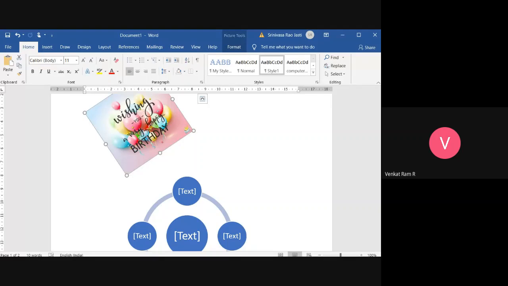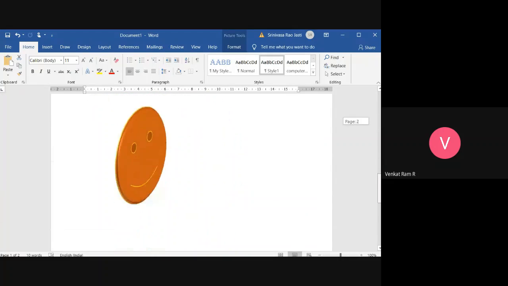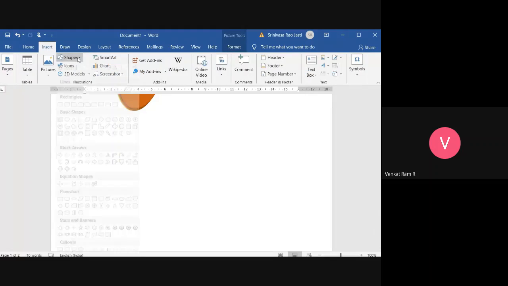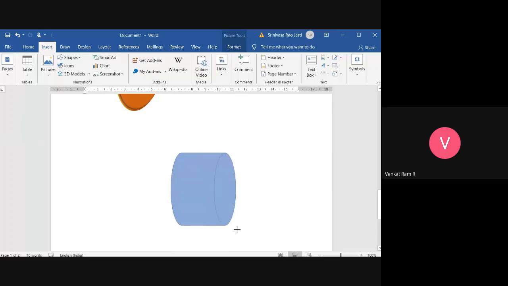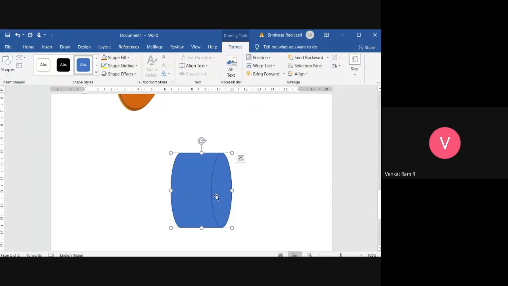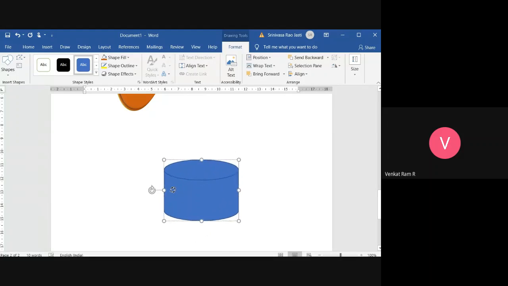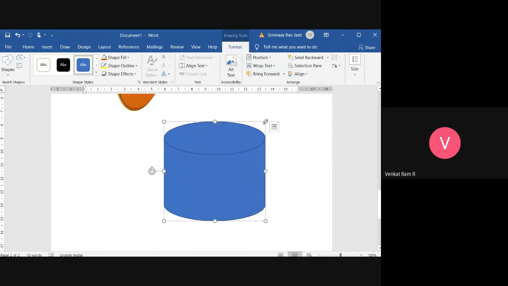Okay, and for drawing objects, I showed you how you are making it. Just go to the Insert tab, go to any shapes, just select whatever you wish to, and make it. So I want this in the upper part. What I have to do? Just use this icon and change it, so that you can change the position of that particular figure. And if you want to increase the size, just drag and drop it. Okay, pull and push.